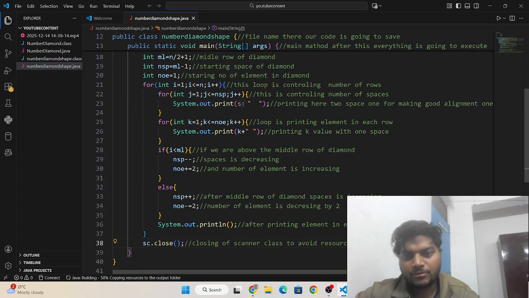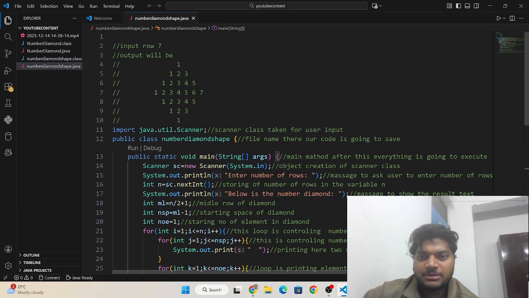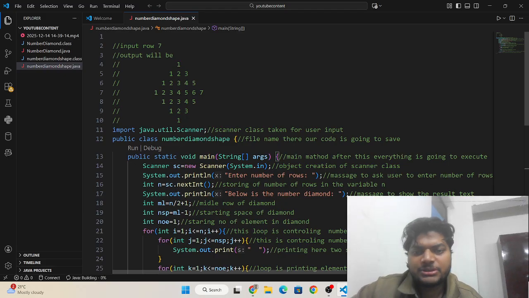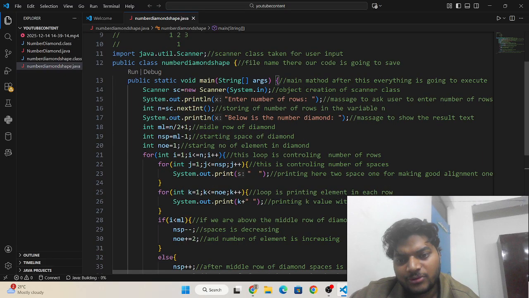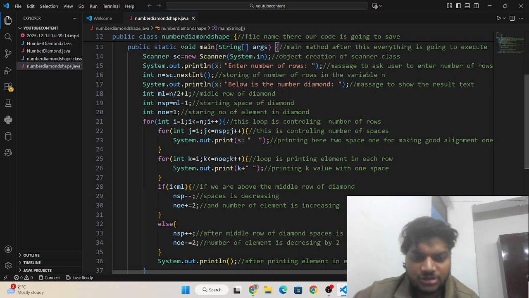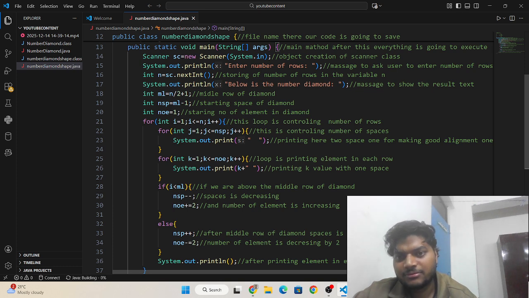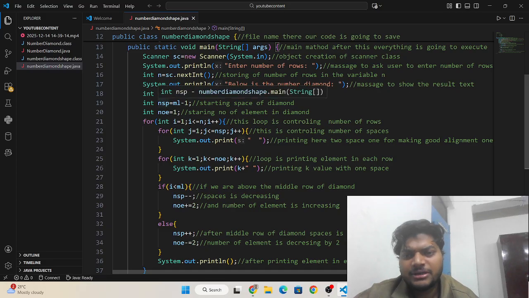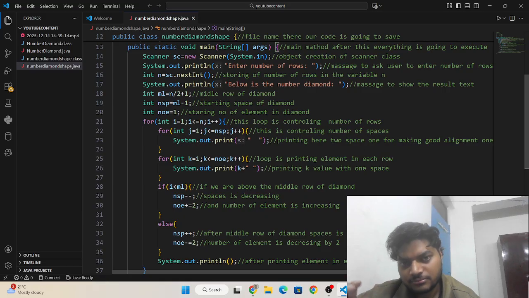So you can see guys, I have explained the problem statement, written the code and already executed it, and I have written comments so that you can understand the meaning of each line and each logic. Basically we have initialized three variables: middle line, number of spaces, number of elements. The number of spaces maximum is ml minus 1 in the first row, and it decreases above the middle row.